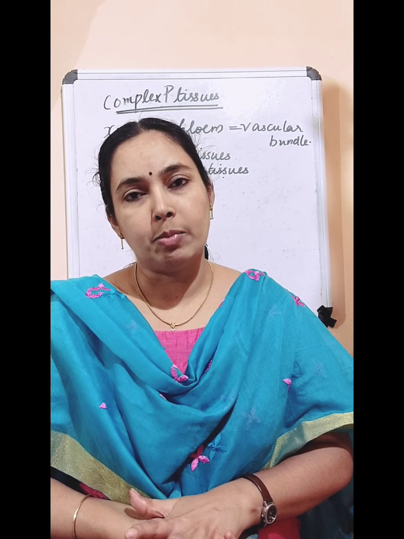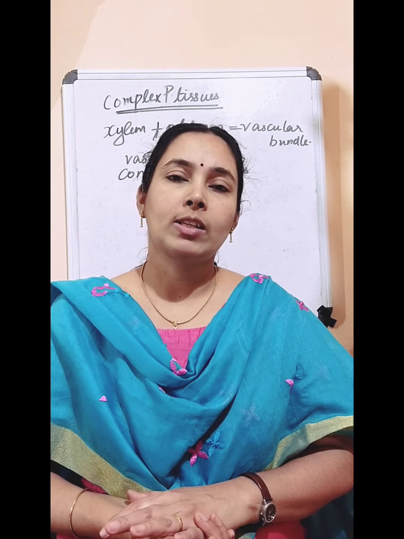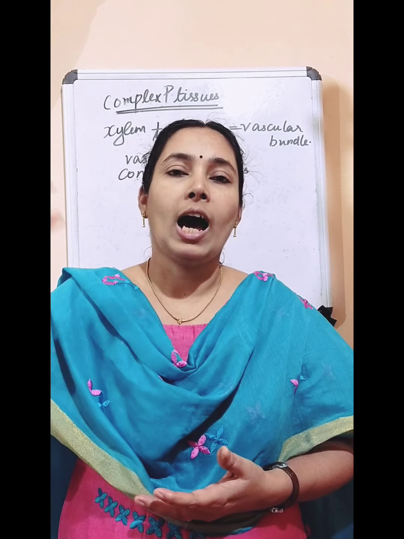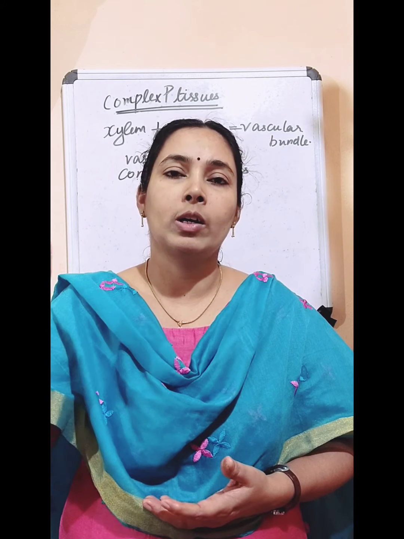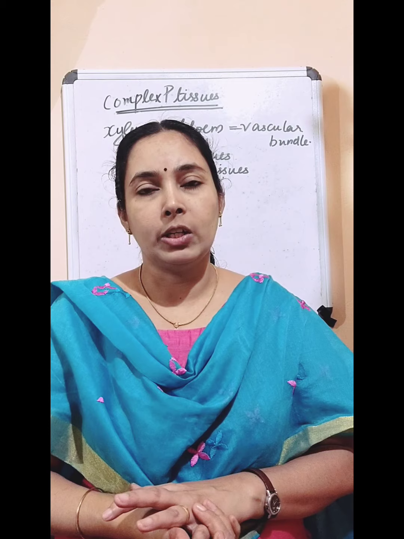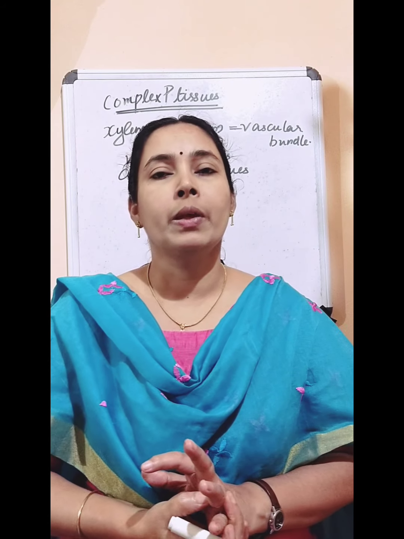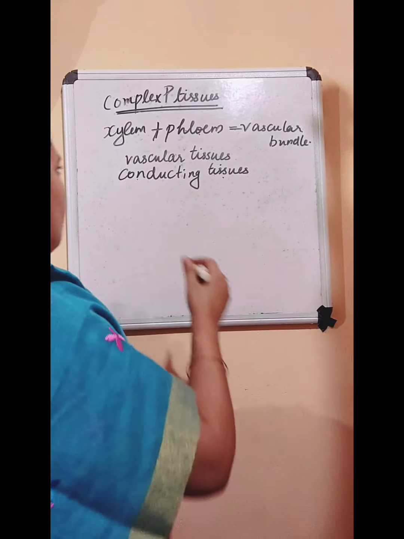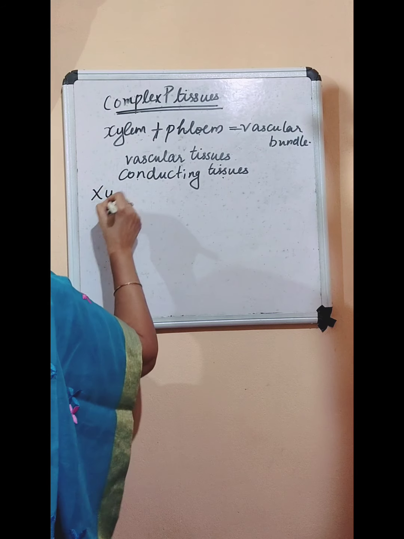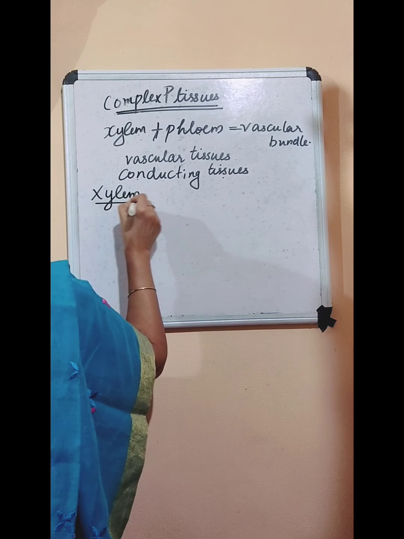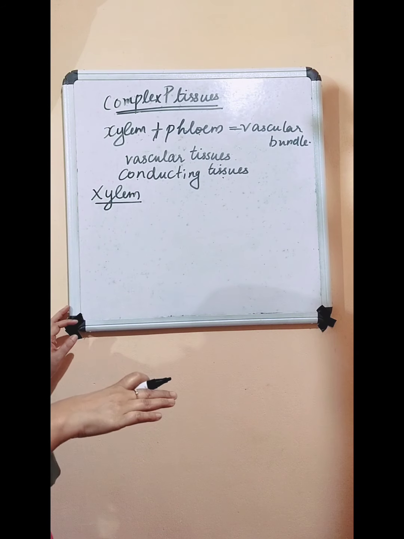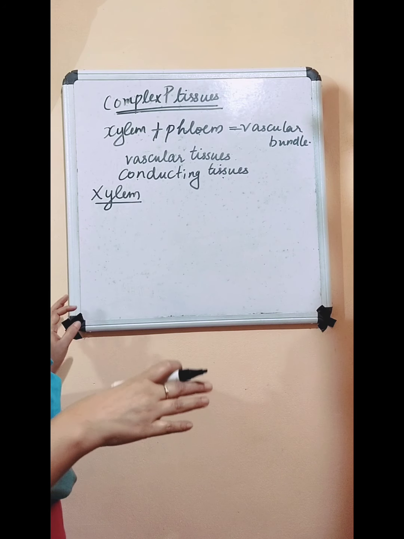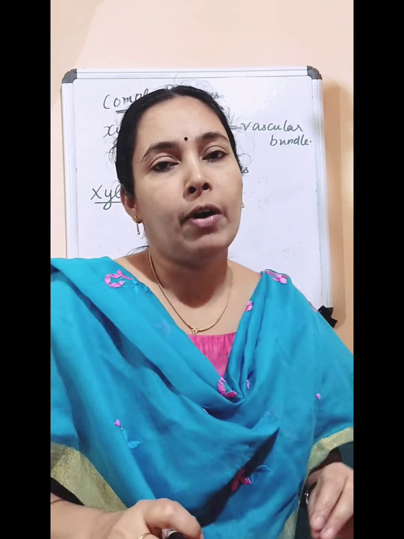Okay. And these vascular tissues, the xylem and phloem, in the plant kingdom, in lower groups, these vascular tissues are absent. We can see the vascular tissues are present in higher plants. In lower groups, these vascular tissues are absent. Now, first we can look at xylem. So we studied it is a group of different types of cells to perform a common function.